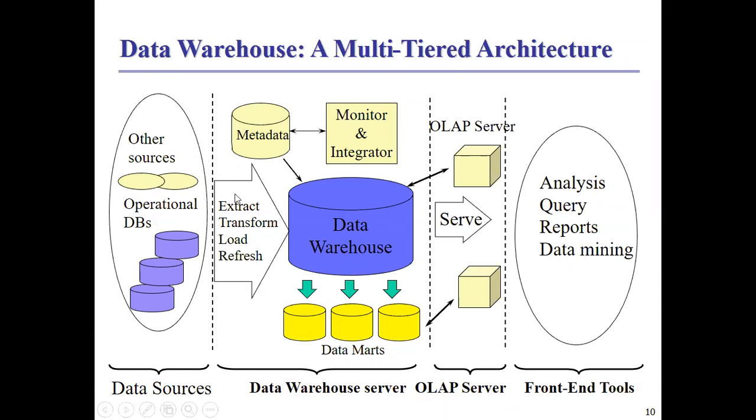So with the help of this ETL process, all this data has to be extracted and transformed from the raw database sites or data sources to the data warehouse server. This is your data warehouse server, which consists of data marts or a metadata repository, and there is one controller or monitor and integrator system whose main job is administration, controlling and monitoring the overall process of this data warehouse server.